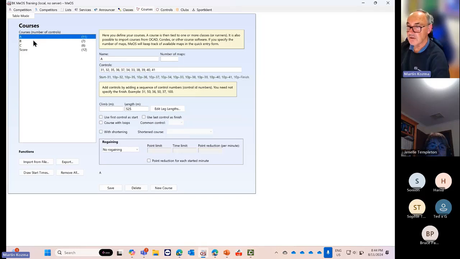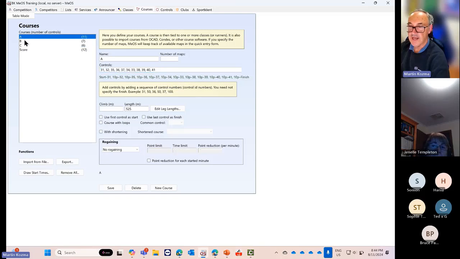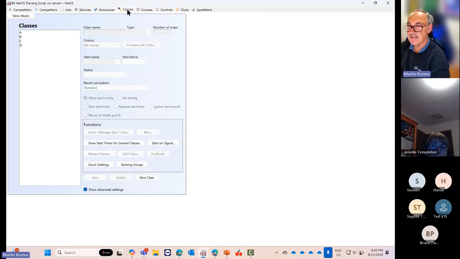So here's our line course A, our line course B, our line course C, and you can see we've got a row gain course here, which is a score course with all the points values here. So this is where you can do line courses and score courses within the same event. Line courses. So if I go back now to my classes, A, B, C, and D,